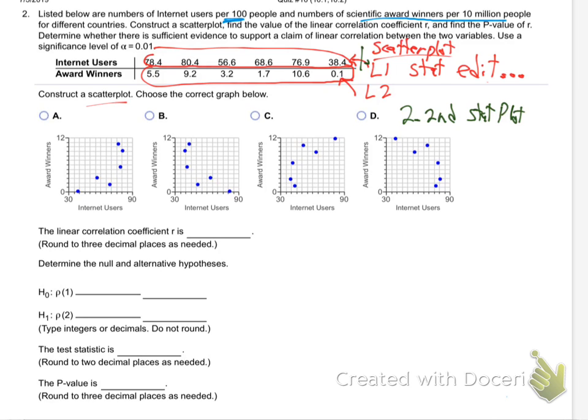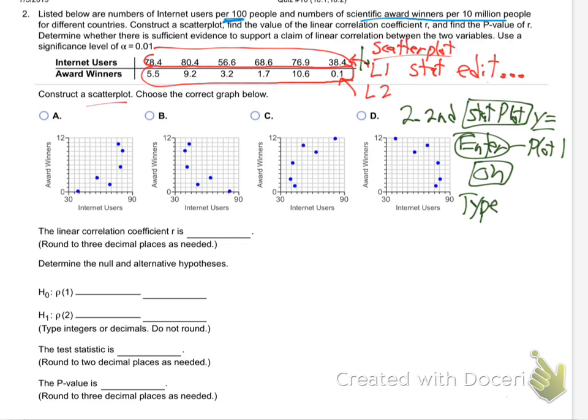Stat plot, which is above the Y equals key in the upper left-hand corner. Hit second stat plot, and then you've got to hit enter when you're on plot 1. And then you've got to turn it on. It probably already is on, but turn on plot number 1. And then on the type of graph, you've got to